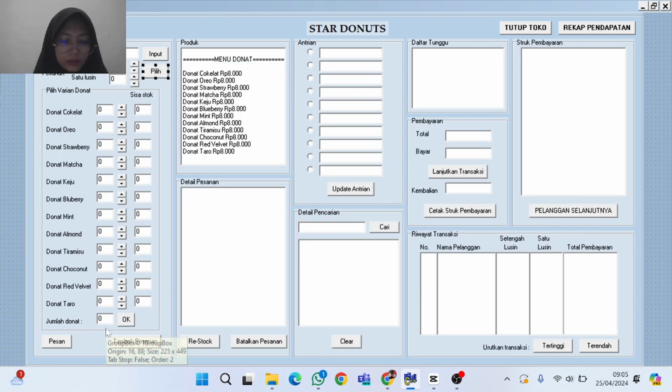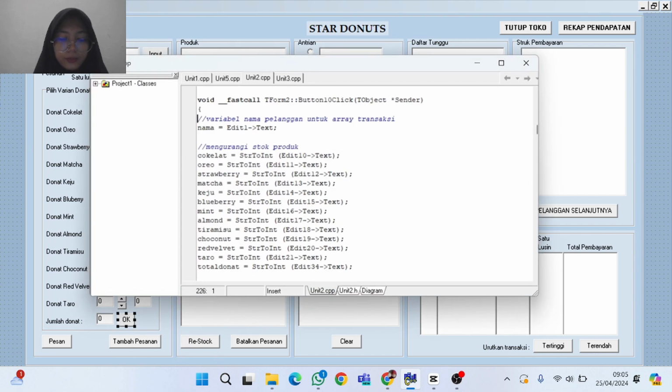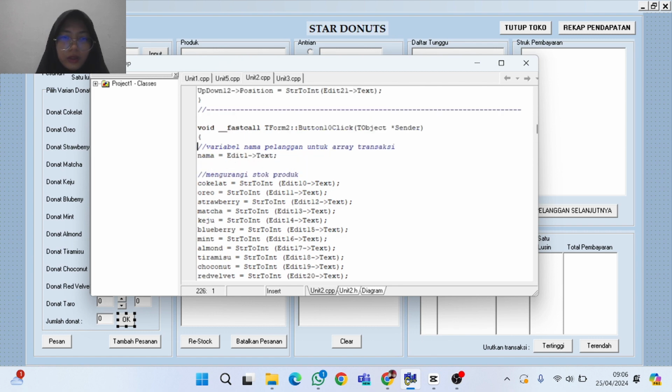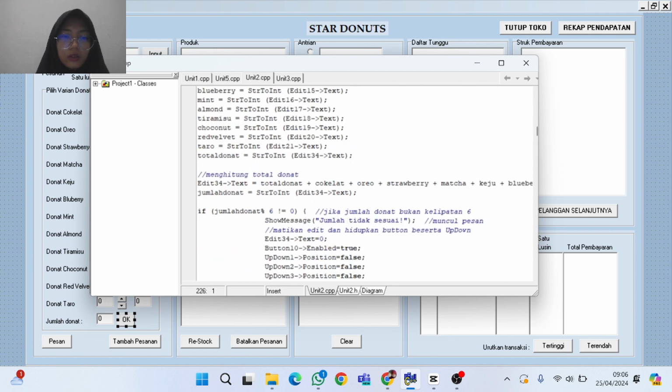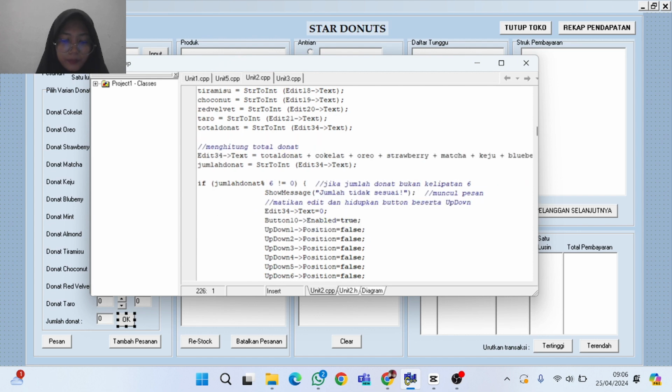Next, here is the OK button, useful for calculating the total donut. If the donut is not a multiple of 6, then a message will appear: "The amount does not match."